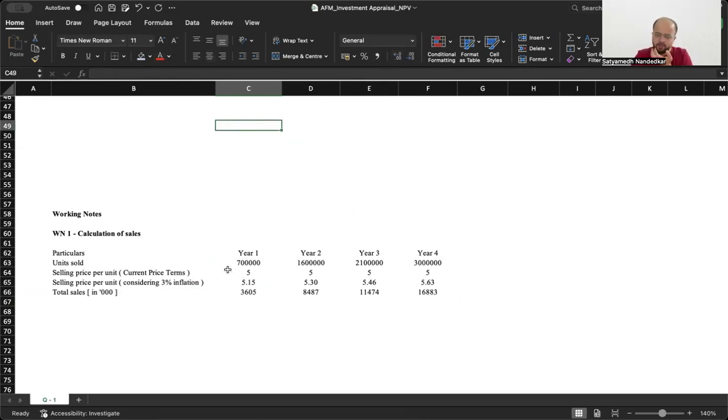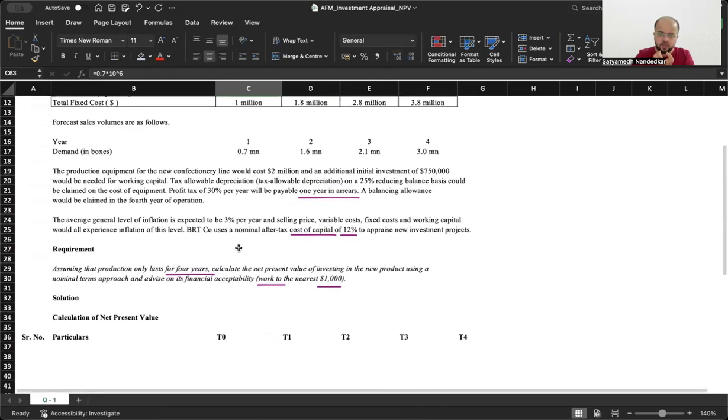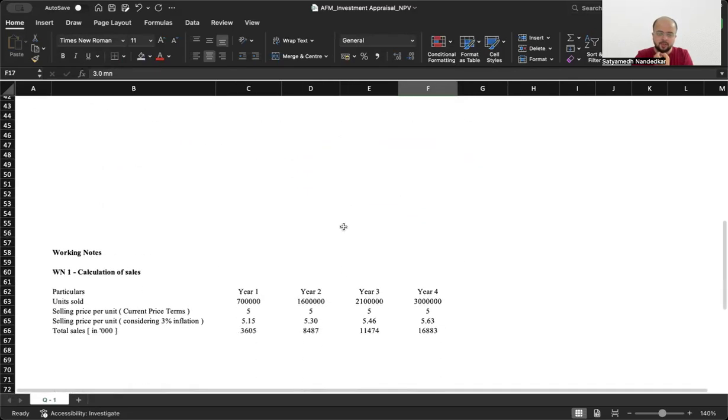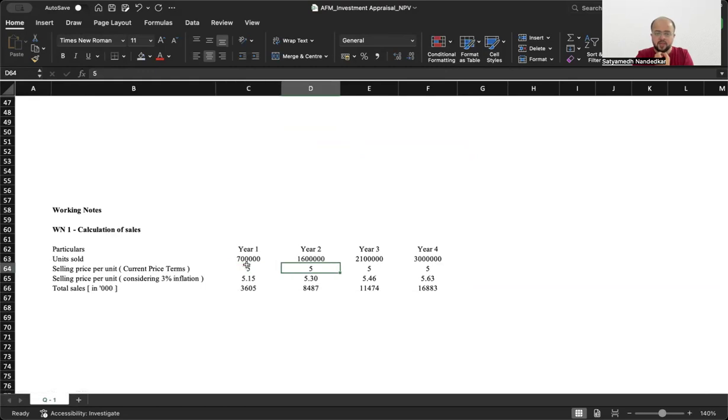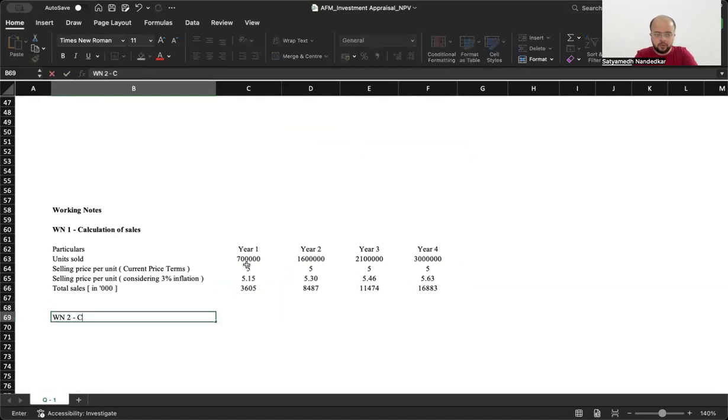What we did was simple. We took the units sold from the question, 0.7 million, 1.6 million, 2.1 million, 3 million. Then we took the selling price in current price terms. Then we considered the impact of 3% inflation, and then we got our total sales, which we are expressing in thousands. Now, working note 2 would be for